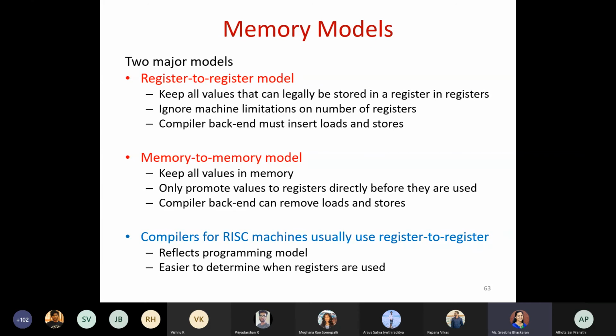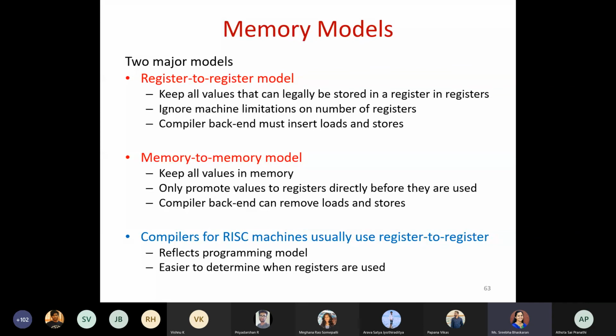When we say register to register, that means keep all your values in the registers itself. That is, the load, store, all the instructions, whatever you are taking up, you do it using the registers itself. That means you don't have any limitations on the number of registers. If that is the case, then you can go for the register to register model.